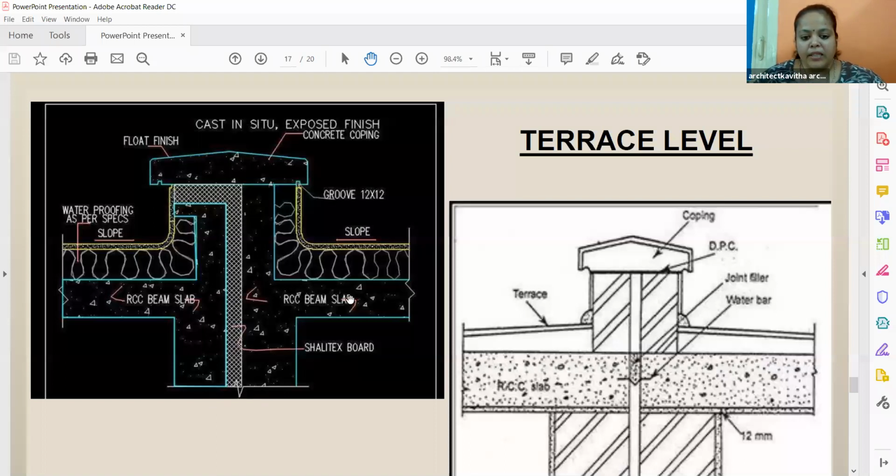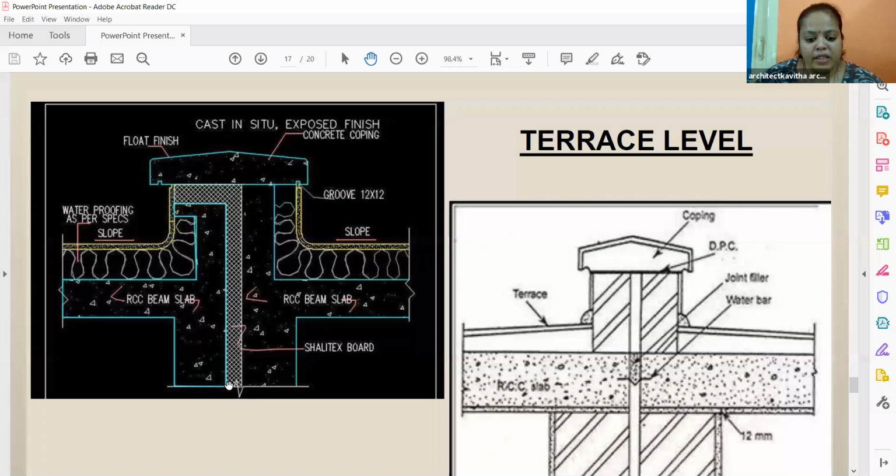So this is the RCC beam. We are taking the beam a little bit more up, this side also more up, making it like an F shape on one side and L shape on the other side. This is the insulation. It can be waterproofing, DPC or any other bitumen. You have a lot of waterproofing layers, so you can use any of the waterproofing treatments depending on the type of the building. Okay, that you will use.